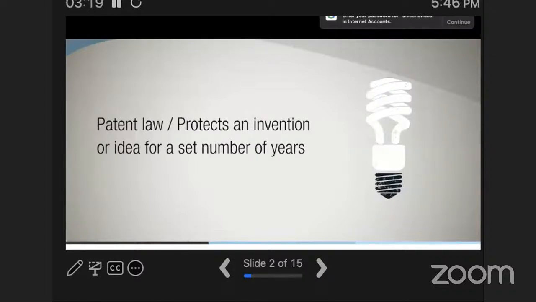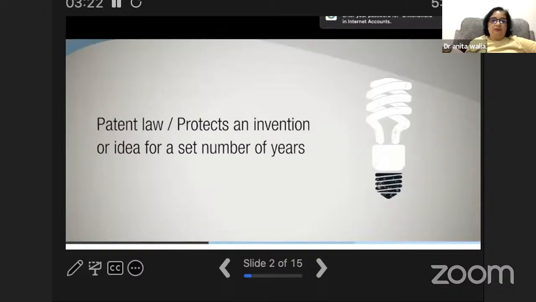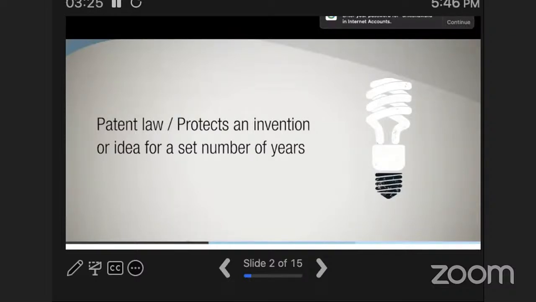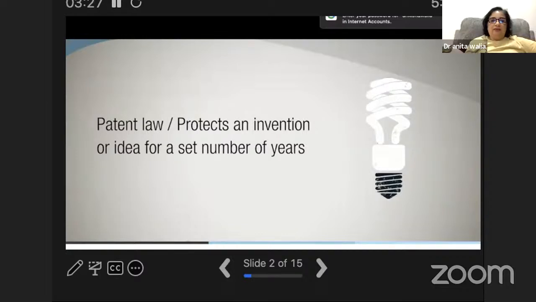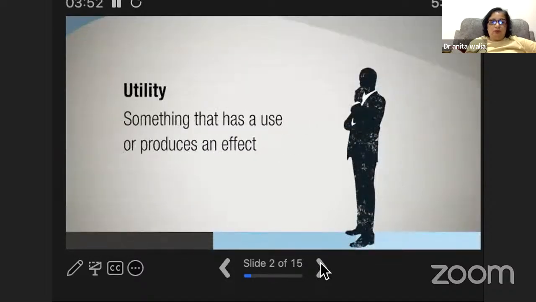Patent law is an area of IP law that will protect your invention and keep that invention with you so that you can later commercialize it. Patent law protects your idea by granting a monopoly on that idea for a 20 year period. Now we have to also understand which ideas can be protectable or patentable and which cannot be. So let me talk about the kind of idea that can be protected under the patent law. Each one of us has different ideas.